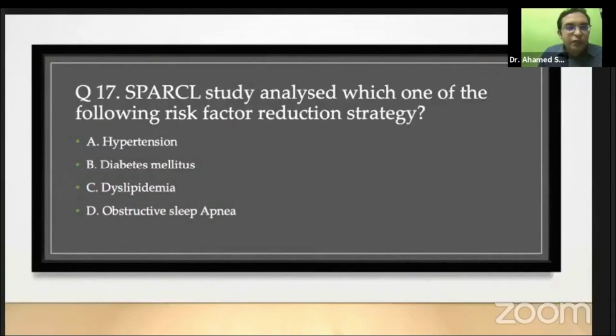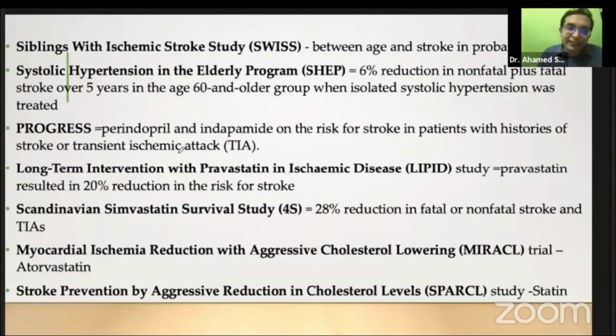And the next question would be, you need to be aware of a few studies, especially while you are trying to crack the institute exams. It's actually dyslipidemia it was dealing with, and it emphasizes the fact that high dose statins are the need of the hour to reduce stroke risk. And if you see, these are the studies. I haven't just gone out and taken studies from outside. It's just the studies given in Harrison and some in Bradley.